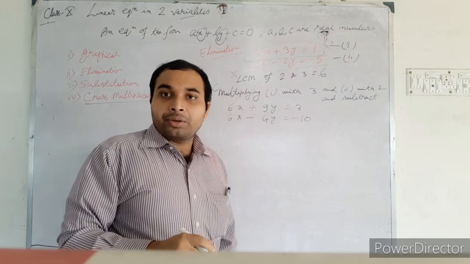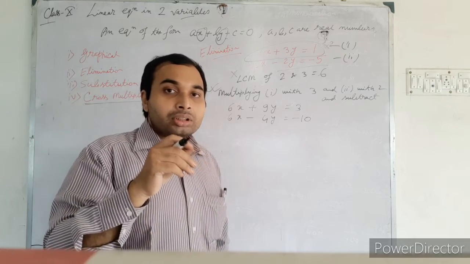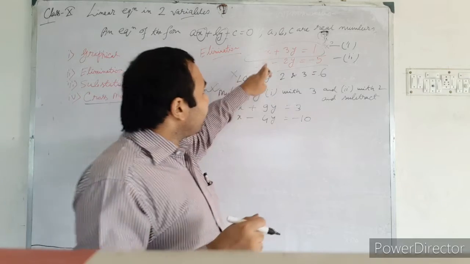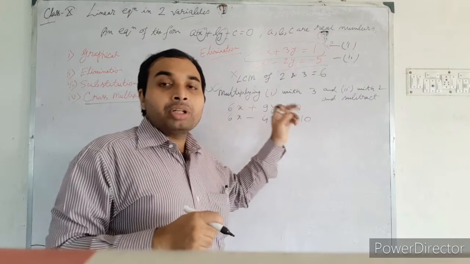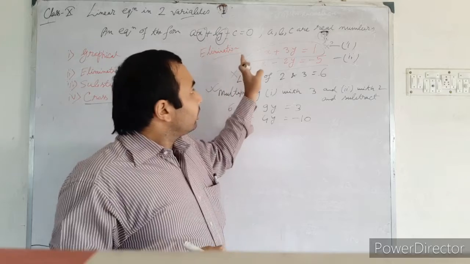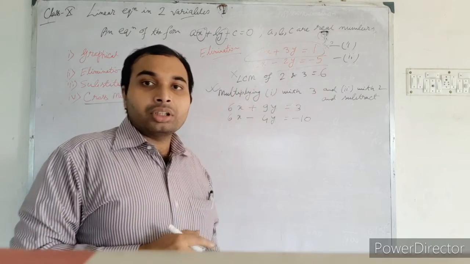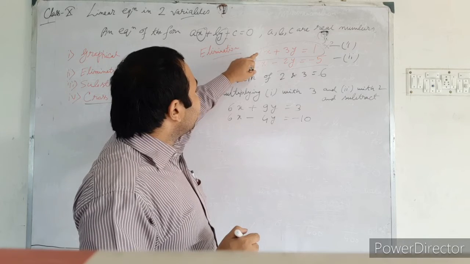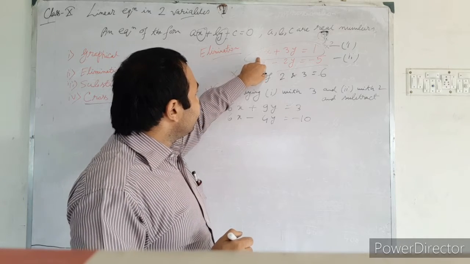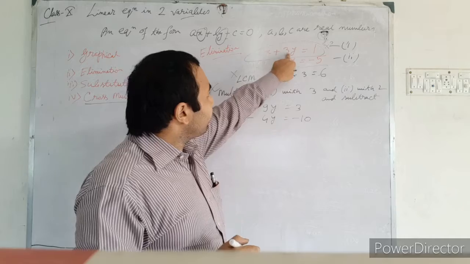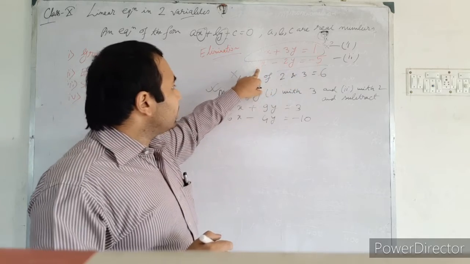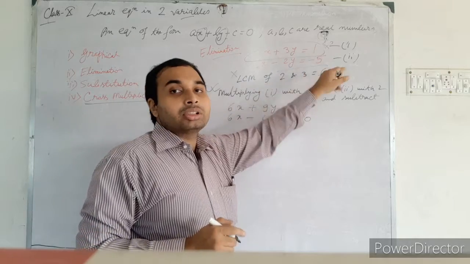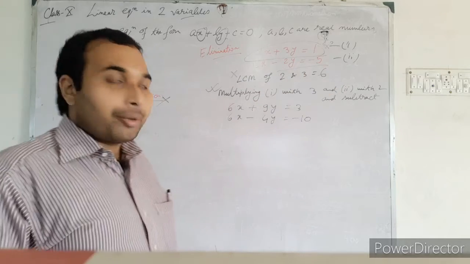Always keep in mind, with which number you are multiplying to make the variable same, that number will be multiplied for the rest of the parts of the equation also. Here we will not multiply only those 2 and 3. If you multiply with 3, then 3 here will be multiplied, here also and here also. Here 2 is being multiplied, so 2 into this, 2 into this and 2 into this. Total multiplication will be there.